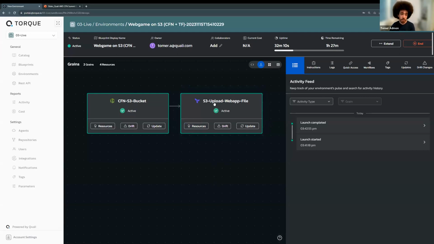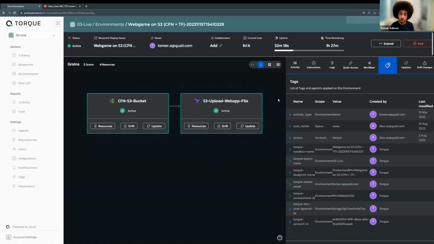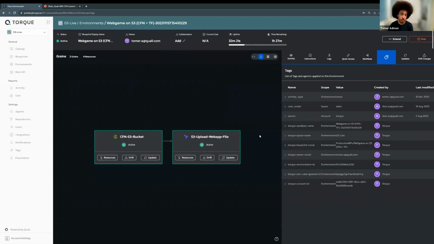Now, during the deployment process, you can see we have 2 different automation IaCs. We've deployed 4 resources, but throughout the deployment, we've also tagged everything. And this is crucial. We want to make sure, again, we are operating at scale. We have all the things to standardize our operation, and we don't want to think about whether someone added the right tags within their automation or not. So Torque will do everything in that area for you.